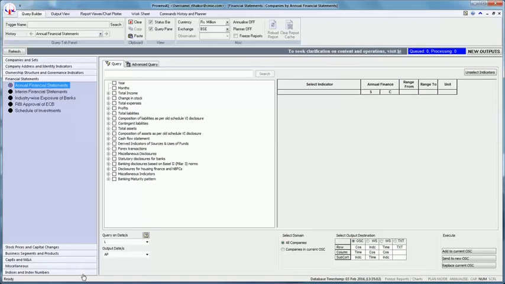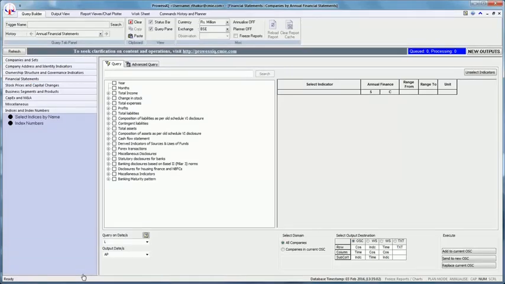Advanced query on index numbers. This query trigger is available under Indices and Index Numbers section. This query trigger enables the user to find companies based on the value of indices such as daily high, low, opening, closing values. It also allows you to find companies based on the derived indicators such as daily returns, index